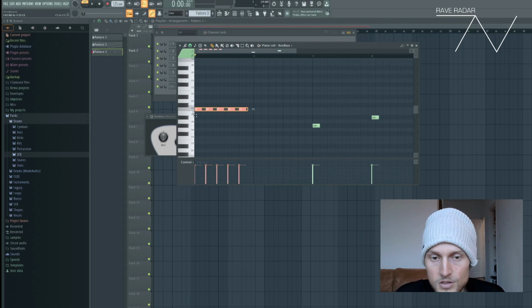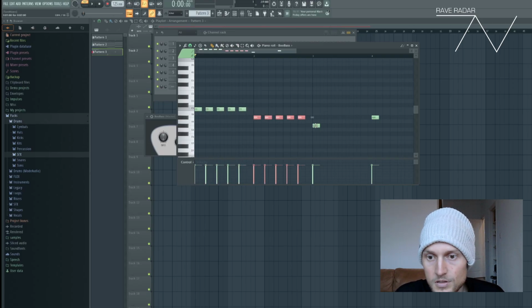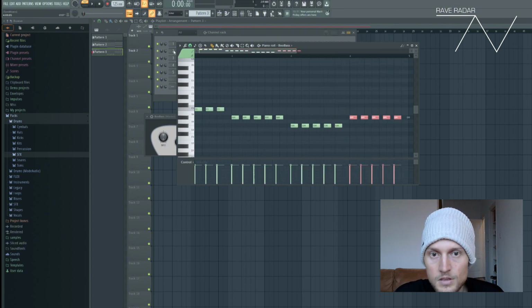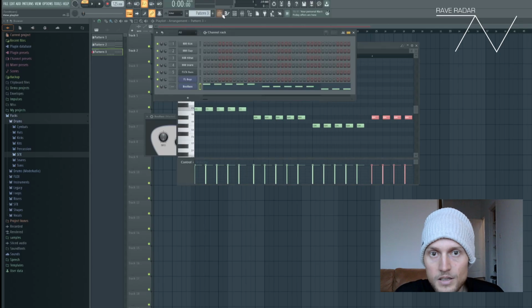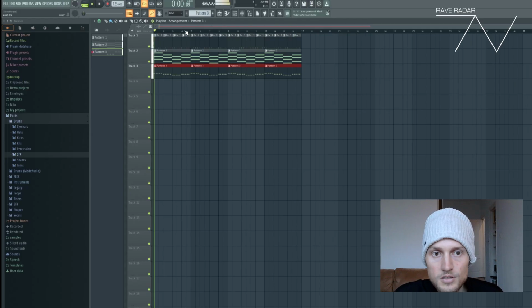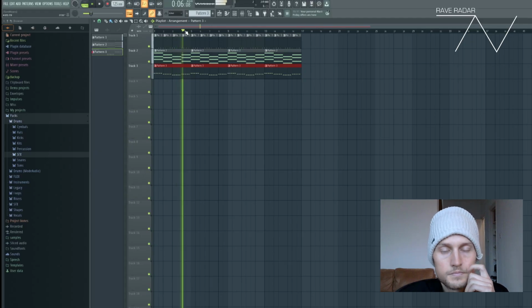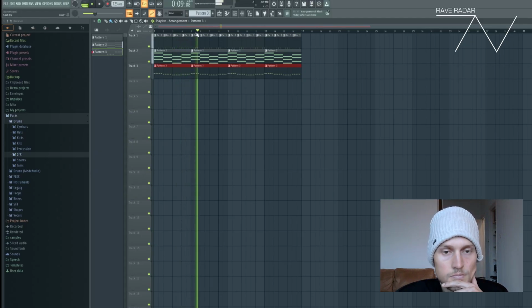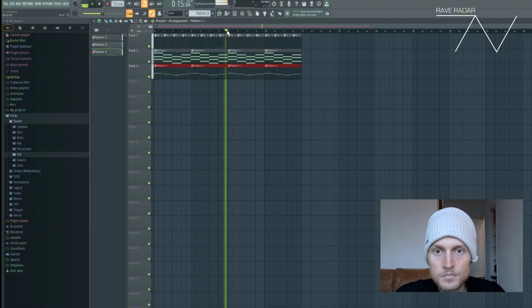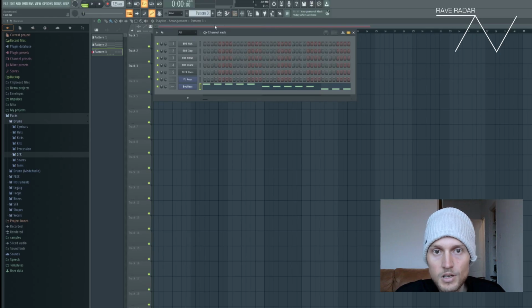And we can select this, Ctrl C, Ctrl V, and put it on the A sharp, Ctrl V, put it on the G sharp, back to the A sharp. Alright, and now if we go back to the playlist, we can paste the bass, and it will sound like this. Alright, now we have our bass,